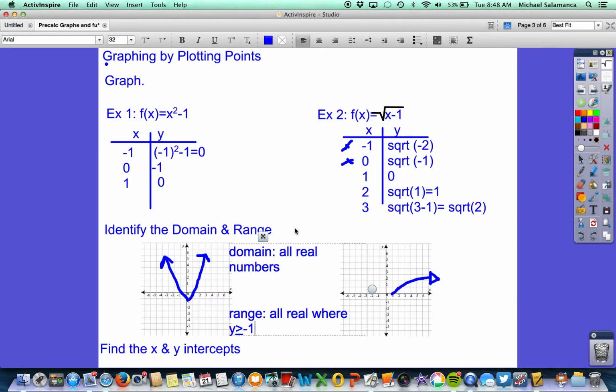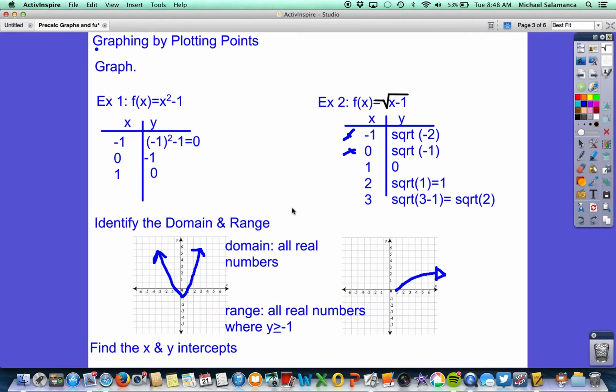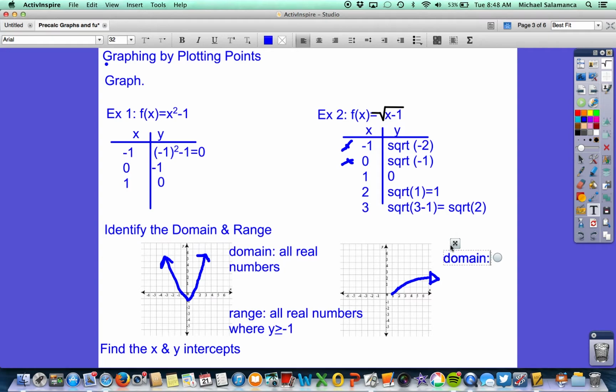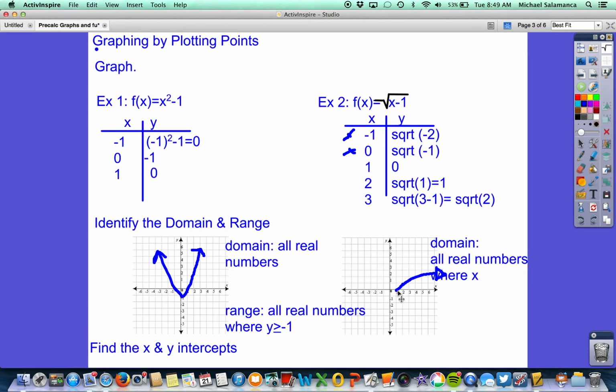So all real numbers where y is greater than or equal to 1 is our domain and range for the parabola. For the one on the right, the domain is not all real numbers. The domain in this case, again, is all of the x values. So where does it start? So again, we usually do all real numbers where x is, notice if we trace this graph, here